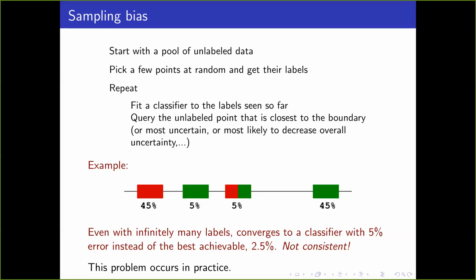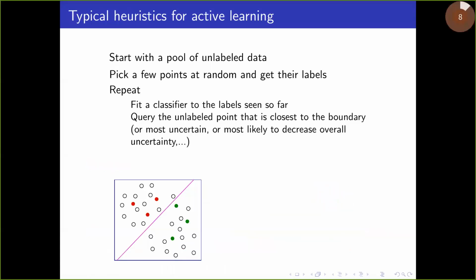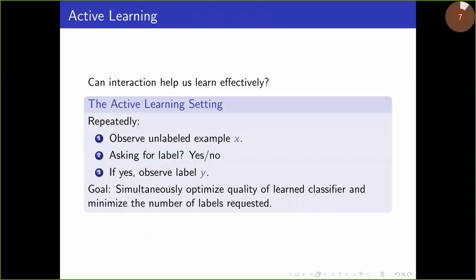Yeah? So it seems a lot depends on, in the streaming case, how the points are given to us. Do we make an assumption that the points come uniformly at random? Because you can adversarially give those points and really mess things up. Yeah. So in the streaming case, we're typically thinking about things coming IID. So there's some distribution D which generates the points and the labels. A random draw happens. We see the point, and then we choose whether or not to observe the label.